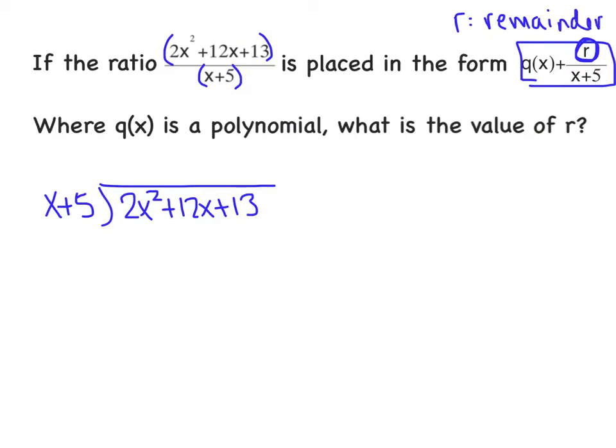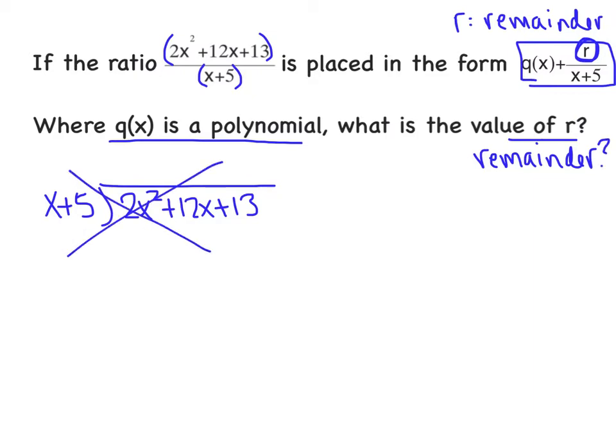And so they said, of course, q of x is a polynomial. What's the value of r? Same question as we saw in the last 2 examples. What's the remainder? And instead of doing all this long division, I'm just going to evaluate f of negative 5,